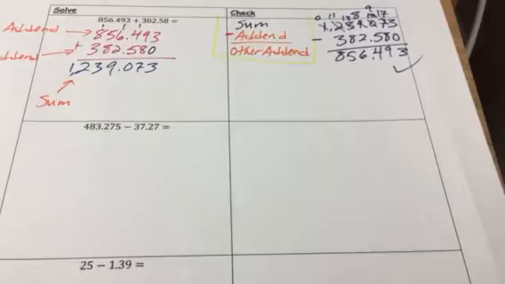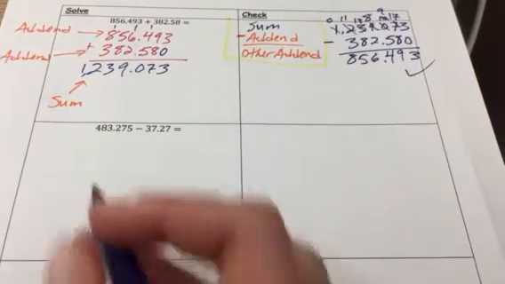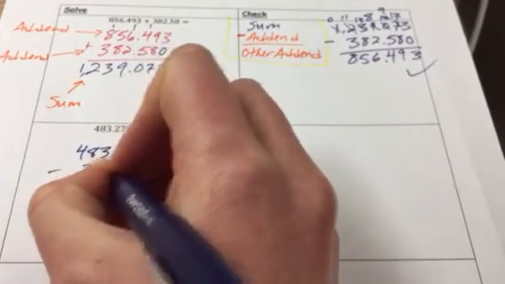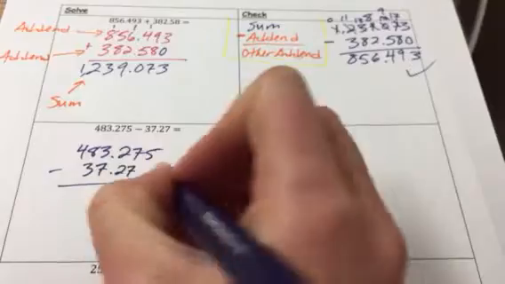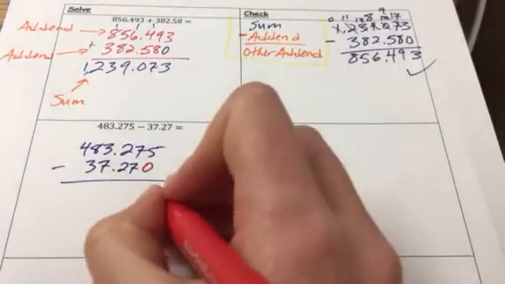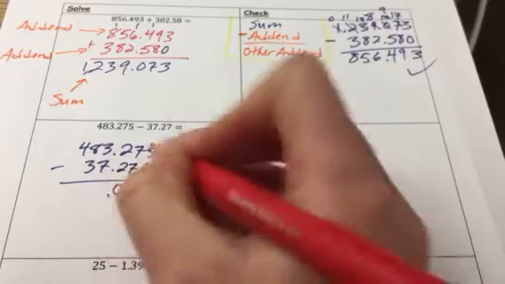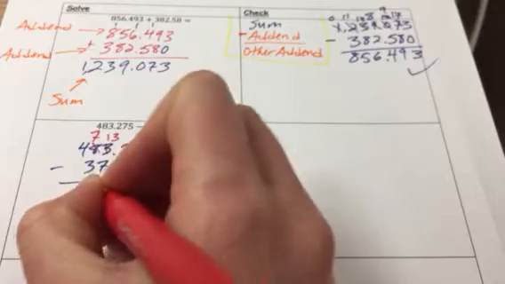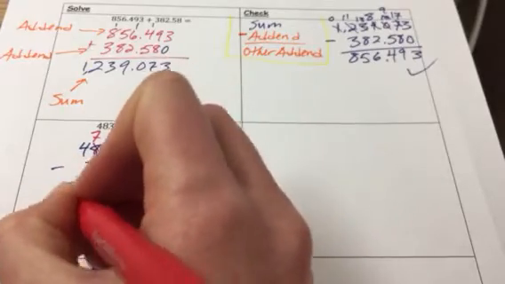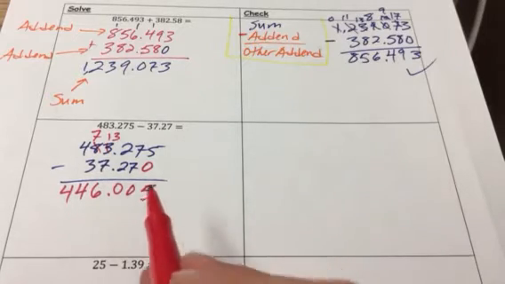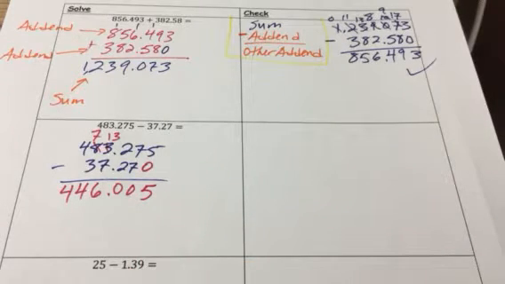Let's do another example where we check a subtraction problem. So we have 483 and 275 thousandths minus 37 and 27 hundredths. I'm going to go ahead and add a zero placeholder. 0, 0, regroup. $446 and 5 thousandths. I'm going to go ahead and check my work, but let's talk about how we check